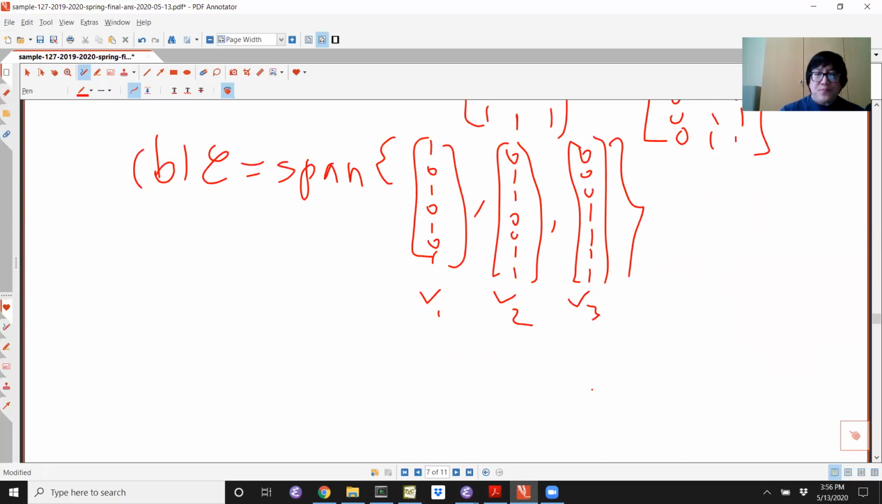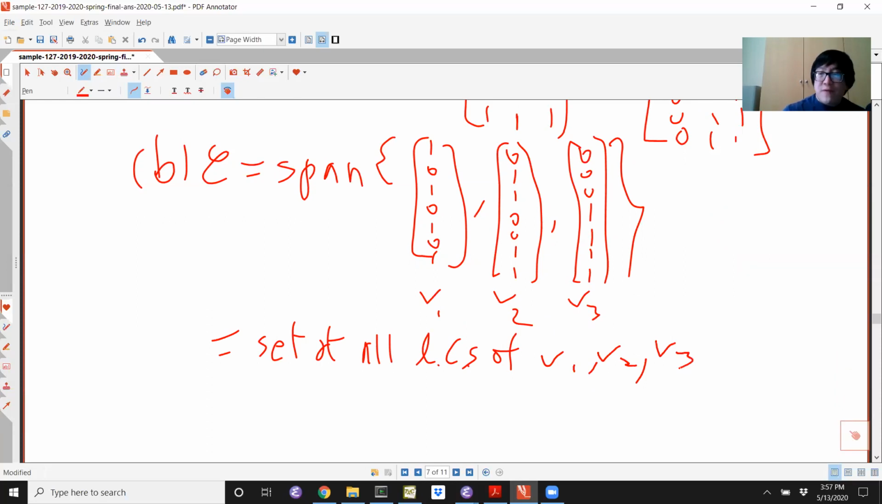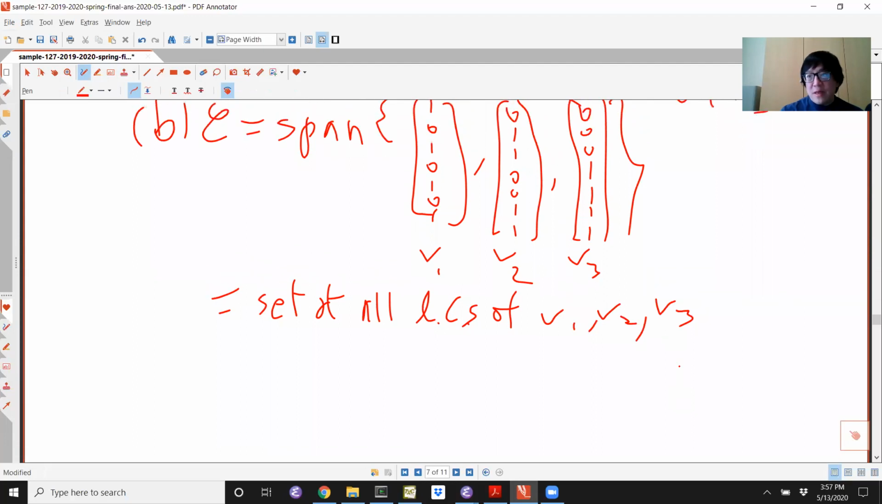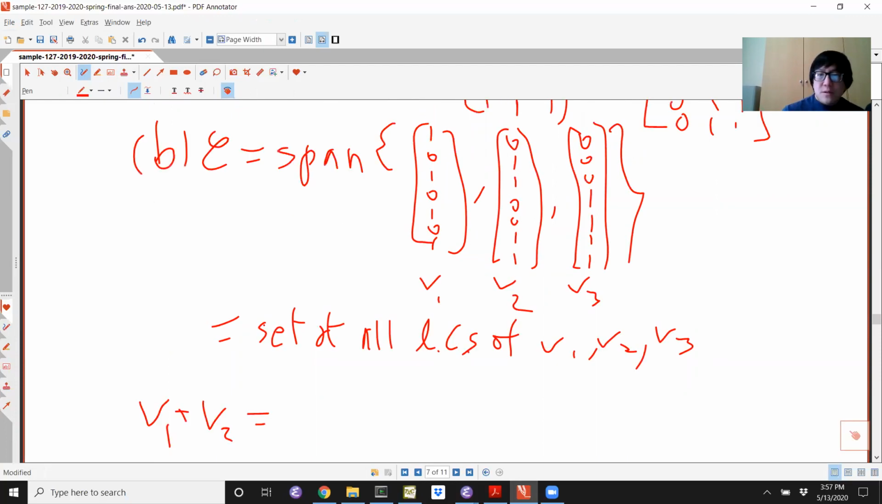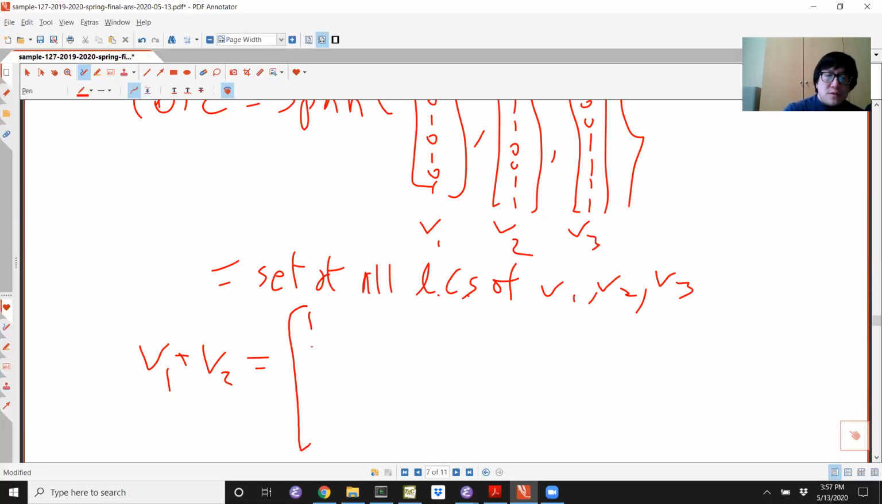And so remember, C is the span of those things, which is the set of all linear combinations of V1, V2, V3. So if we want to find a vector in your code that's not one of those columns, let's take V1 plus V2, which is 1 0 1 0 1 0 1, plus